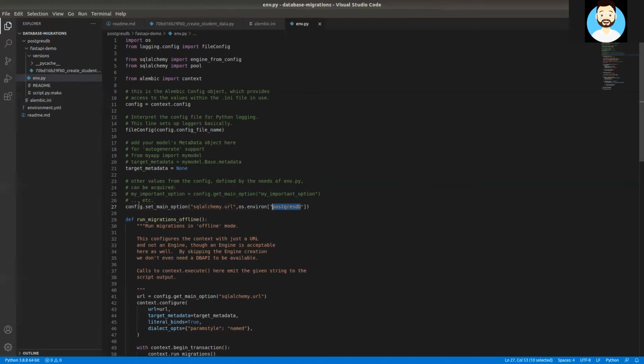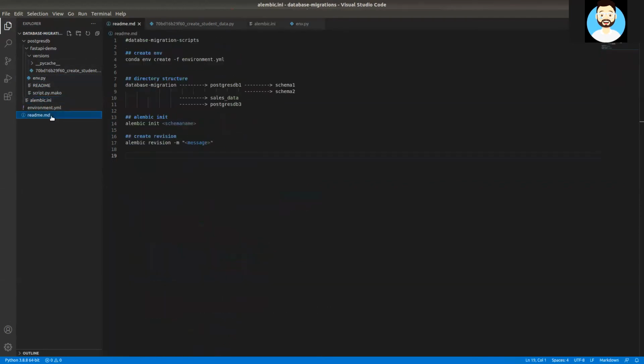This postgresDB environment variable can be set in multiple ways. When we integrate it with a CI/CD pipeline using either Git or something else, we'll be setting it as secrets, or we'll be reading it from Vault or something. So now that we have set it to sqlalchemy.url in the Alembic.ini, we have to set the correct environment variable in our local as well, so that we can perform our Alembic revision. So for local revision,